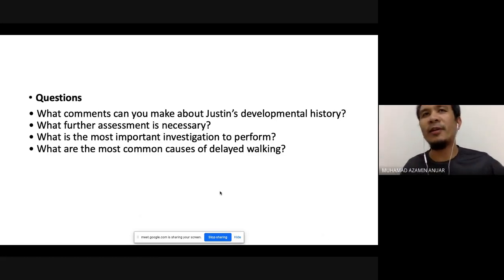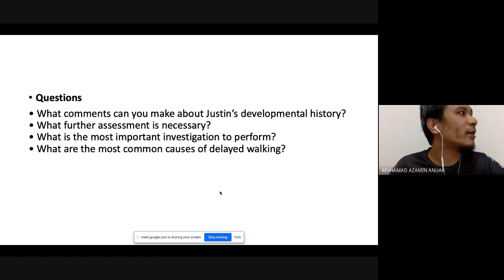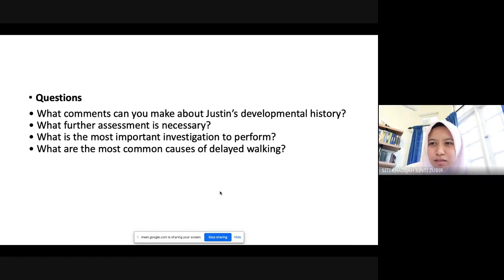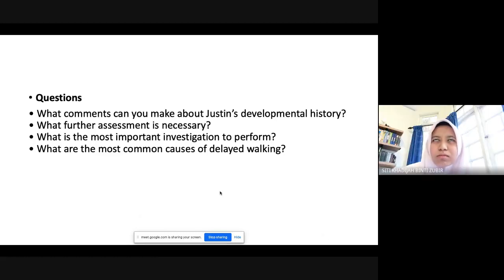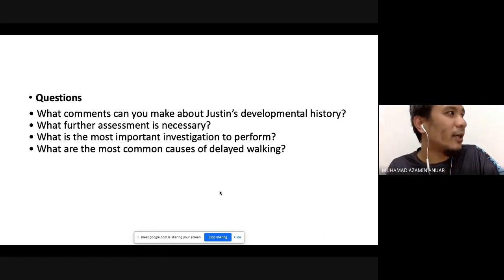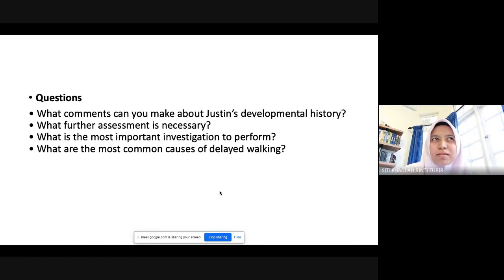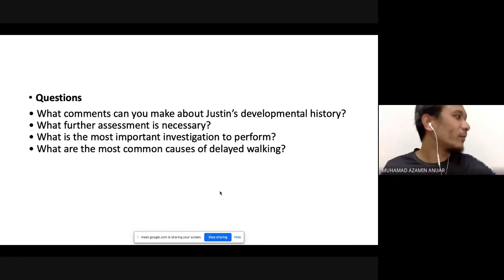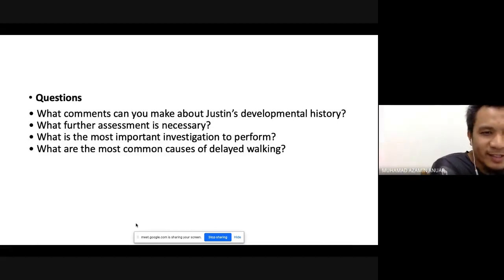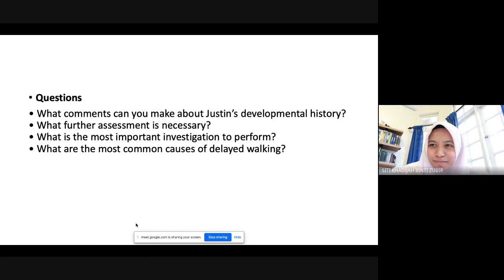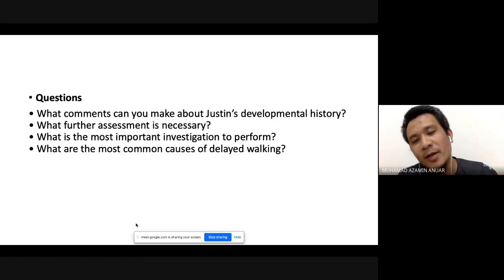But why do you want to rule out PVL, periventricular leukomalacia? In the case of cerebral palsy. The physical finding is normal, right? Okay, and there is no hypertonia, there is no hyperreflexia, there is no weakness. So why do you want to do MRI? What is the indication for MRI? Well, at the moment there's no indication for MRI, right?